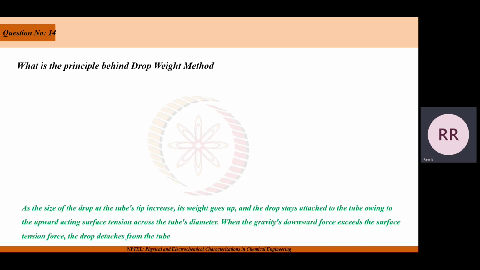So the basic principle is that as the size of the drop at the tube tip